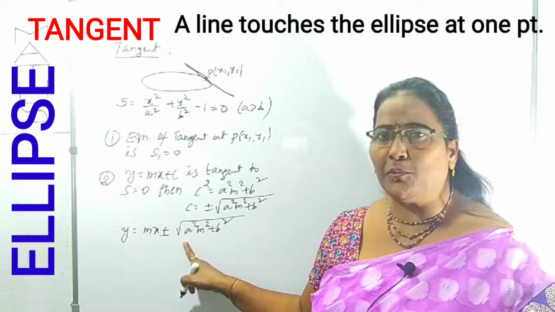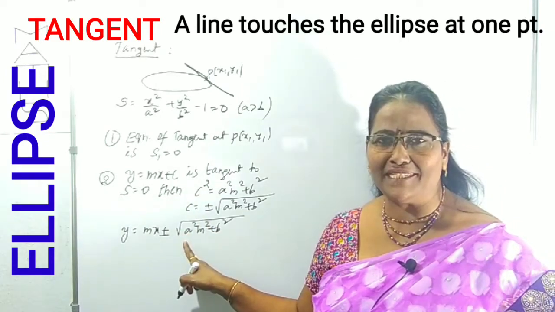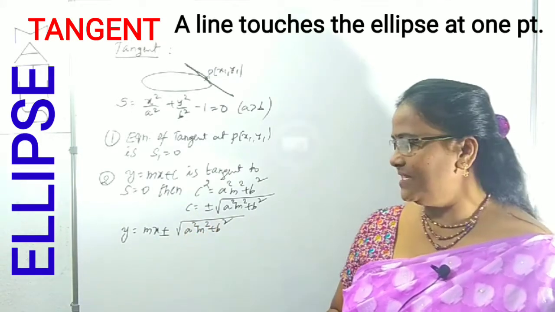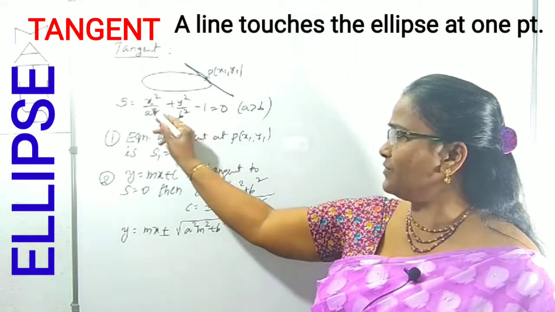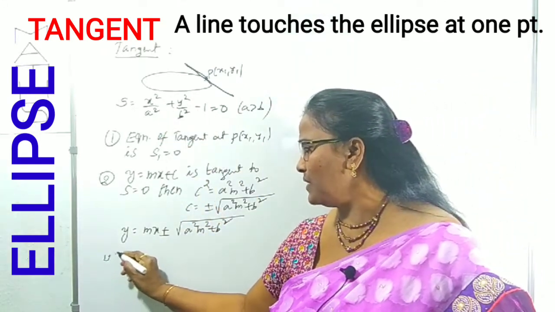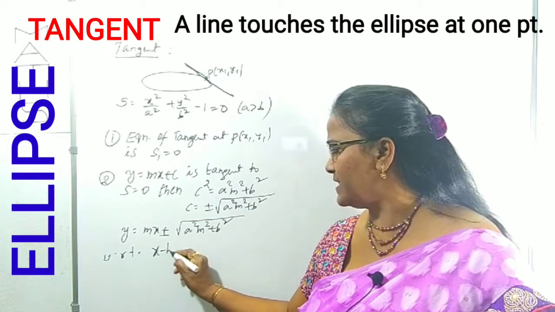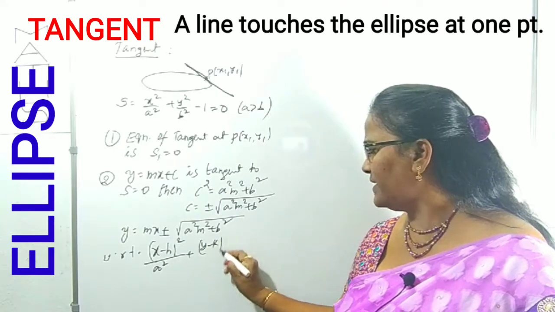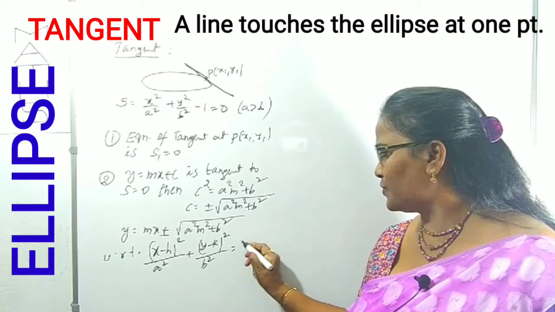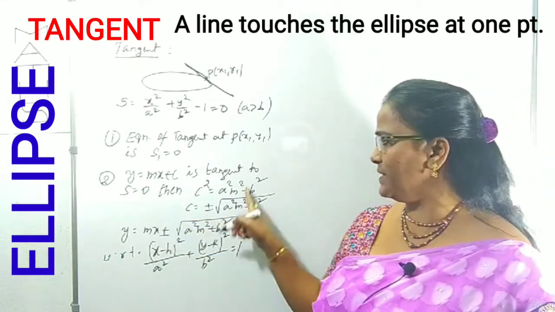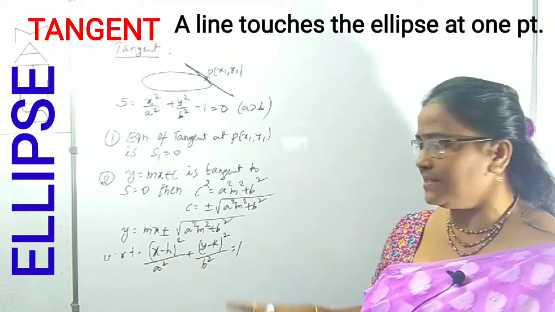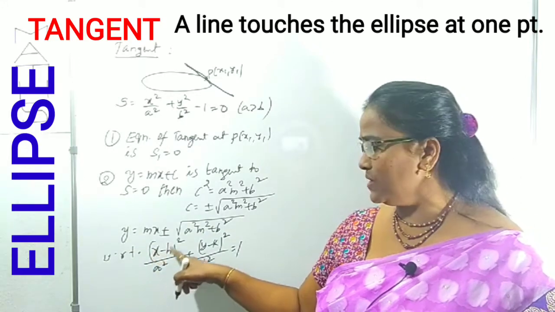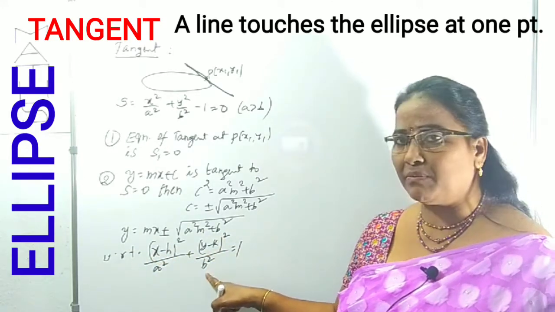If we are given the slope m, or maybe the angle of inclination of the tangent with the x-axis, in such cases you can use this slope form, right? Sometimes, instead of the standard equation, they may give the ellipse like x minus h whole square by a square plus y minus k whole square by b square equals 1. With respect to S equals 0, this is the condition, and y becomes like this. y equals mx is the equation of tangent in slope form. In the case of x minus h whole square by a square plus y minus k whole square by b square equals 1.